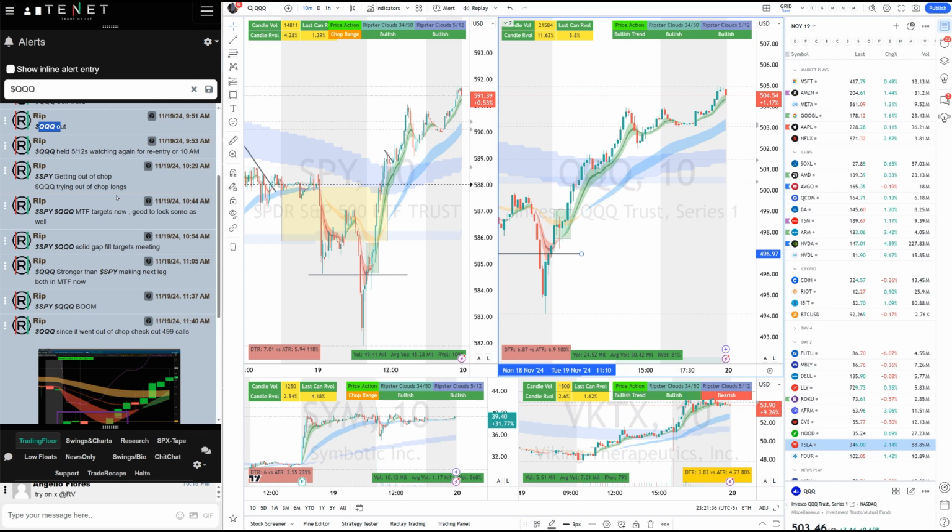And that's when I said, longs, trying to get out of the chop. Longs, you can long that. I was on the voice. I told everybody you can long that. The first target was MTF Clouds, and that pushed nicely. And then our next target is over the MTF Clouds, and we pushed over the MTF Clouds.